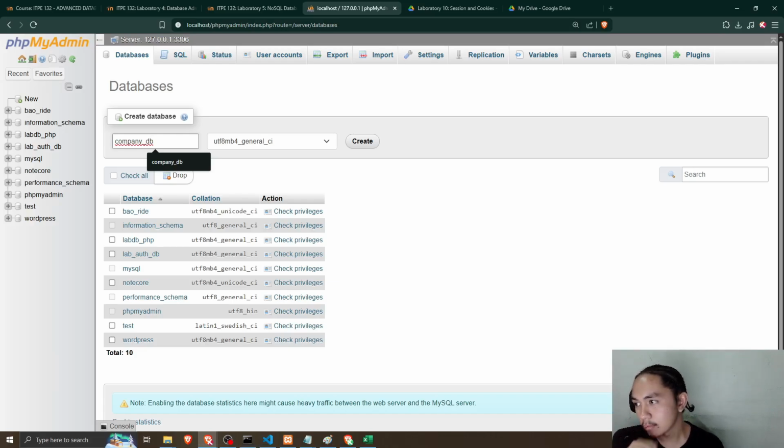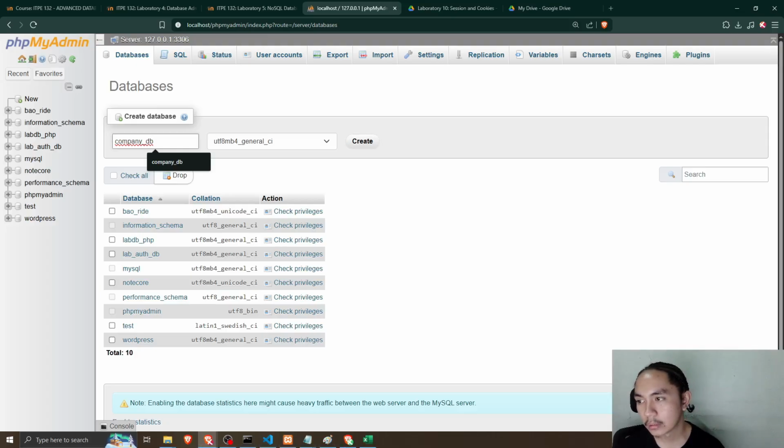The reason is that when we export the SQL file backup, it doesn't have the CREATE DATABASE IF NOT EXISTS statement with the database name, and then the USE database name query. So it's not in our SQL file.